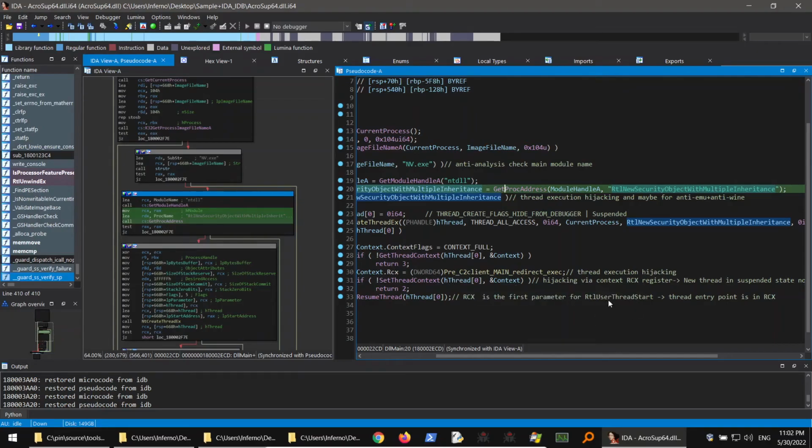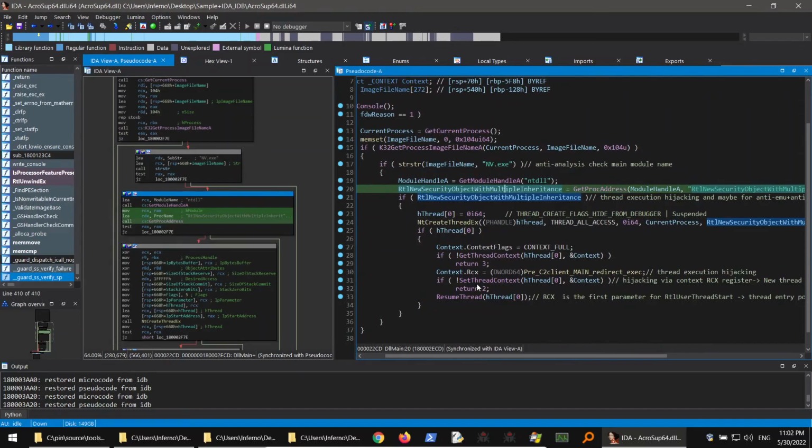for this routine, and it points to the thread entry point. And the thread entry point is basically the real start routine of the thread. So if we modify it, we can do the same. If, for example, there were no newly created thread, and we just got the context of the current thread and set the context, we could modify the RIP, because the thread is already initiated. But in this case, no way, because the thread is not initiated, and we can't modify RIP. We need to modify RCX, which is the first parameter for RtlUserThreadStart, and which points to the thread